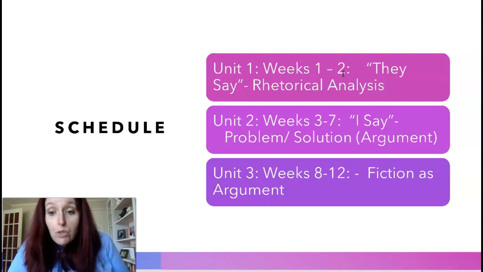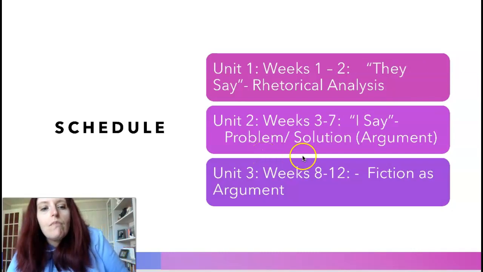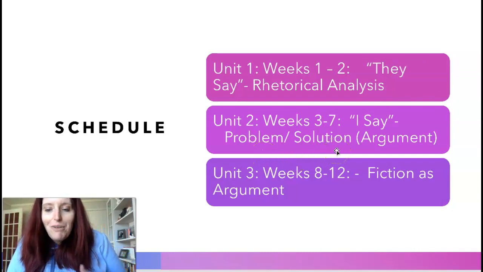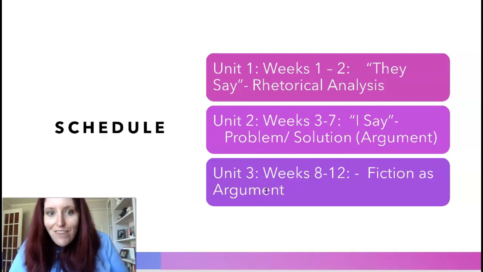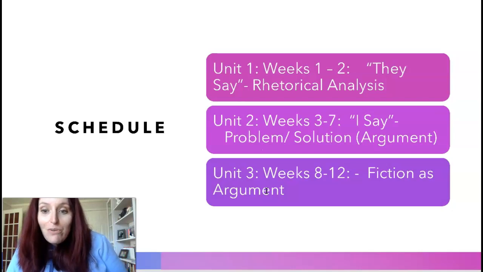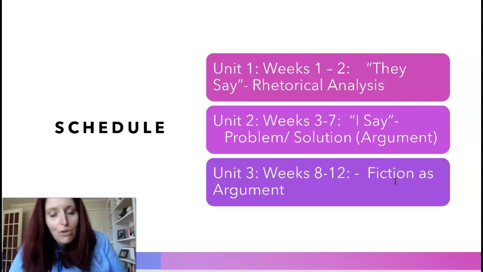allocate to the rhetorical analysis, mainly because it's kind of a review of English 111, and it's going to help push us forward into our second unit, which is the problem solution argument essay, where you have research and synthesis and all that kind of thing. And unit 3 is our final unit where we will read and discuss and analyze Graham Greene's Brighton Rock. It will require research, and you will write your own kind of argumentative literary analysis.